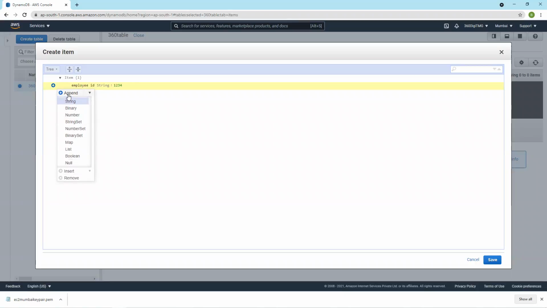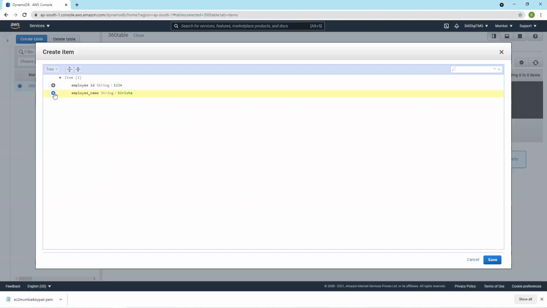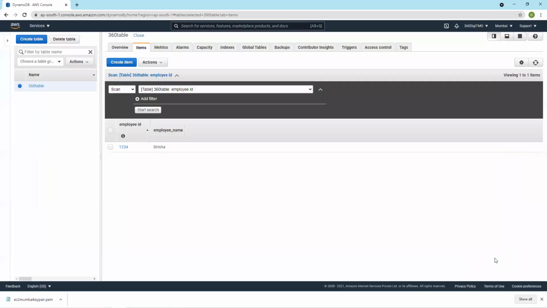So append, will append string, employee name, let's say Sirisha. Right, that's it. See, this is not a column which I have created before. Let's save. So employee name Sirisha.